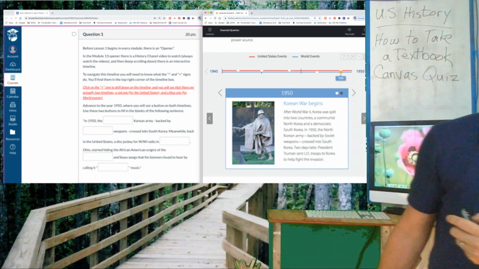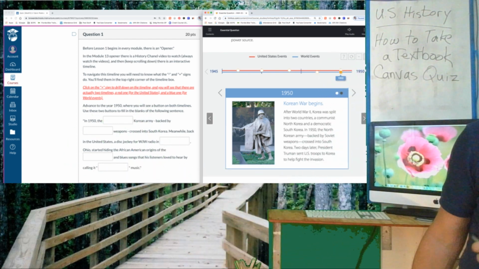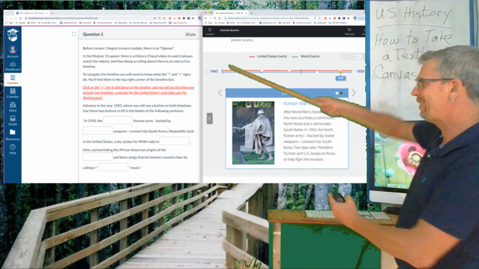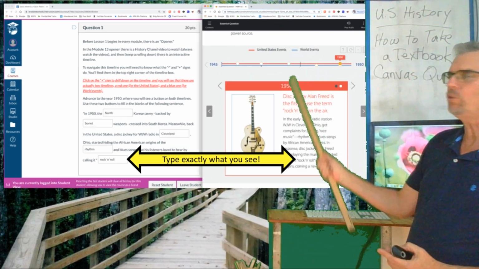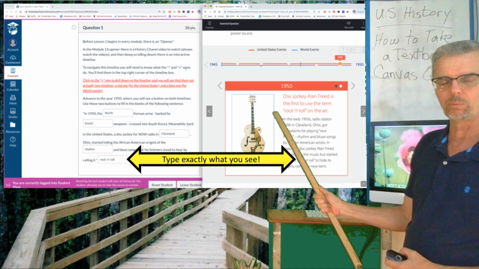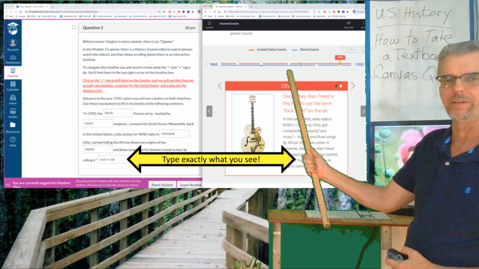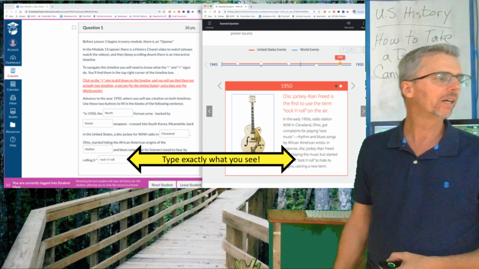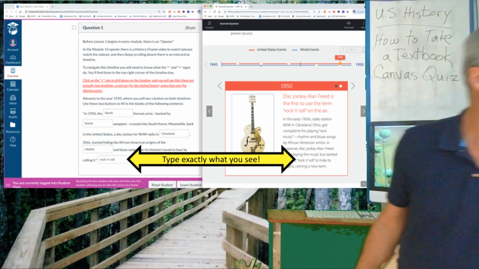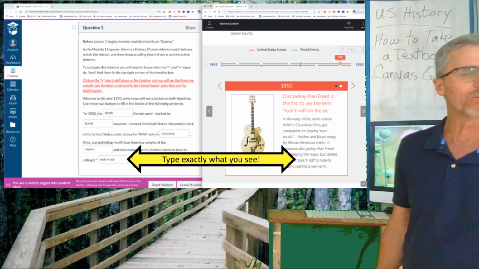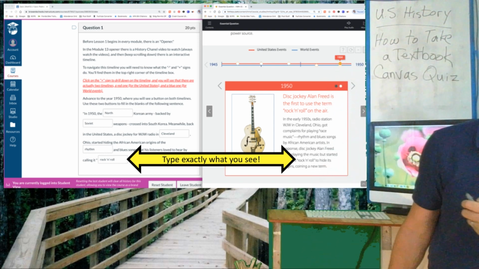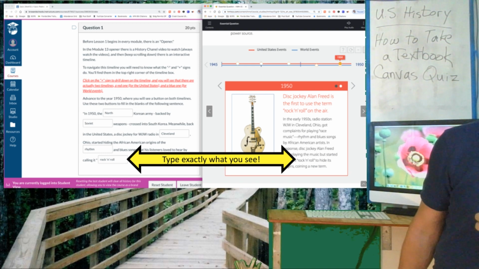What are we reading here? Crossed into South Korea. Meanwhile, back in the United States, this is where you click on the US button. All right? So we were on the World button before, now we're on the US button. Back in the United States, disc jockey Alan Freed is the first to use the term rock and roll on the air. So a radio station. All right, what does it say for my fill in the blanks? Meanwhile, back in the United States, a disc jockey for